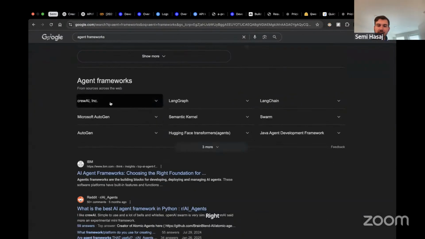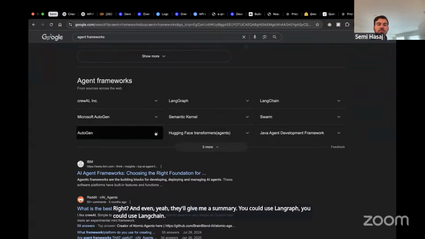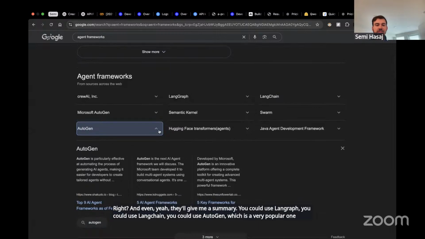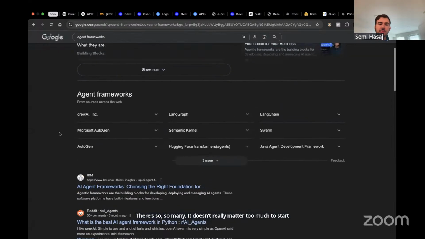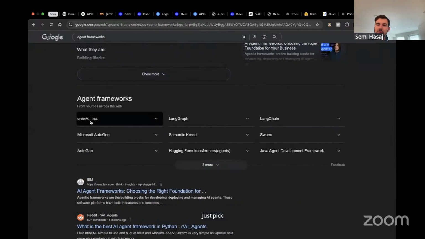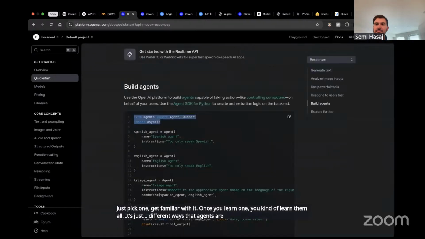You could use LangGraph, you could use LangChain, you could use AutoGen, which is a very popular one from Microsoft. There's so many. It doesn't really matter too much to start out which one you pick. Just pick one, get familiar with it. Once you learn one, you kind of learn them all. It's just different ways that agents are abstracted.